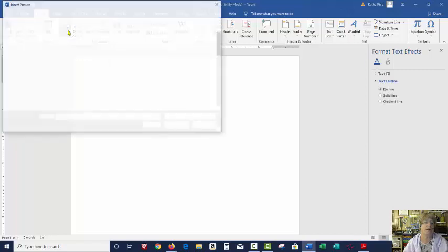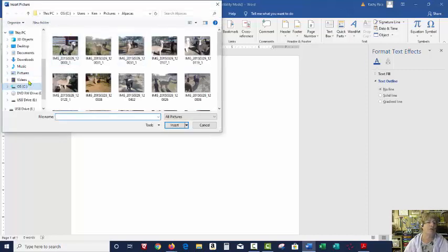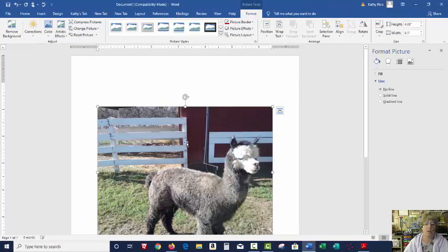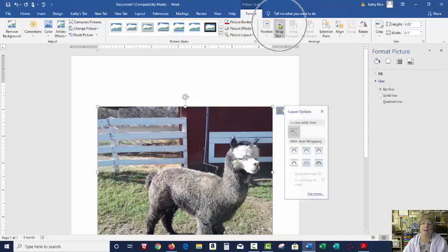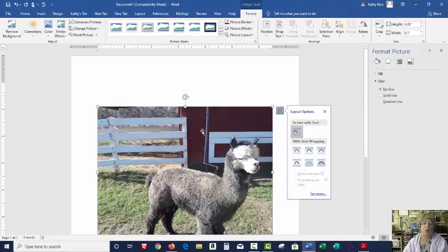So I'm going to go to the pictures, and I'm on my pictures directory. And as you can see here, I've got a lot of pictures of alpacas. My sister happens to raise alpacas, and I'm going to load my favorite one of the alpacas. Now you see here, if I click on that picture and try to drag it around, it's not going anywhere. In order to change this, you can go right up here to Wrap Text, or you can